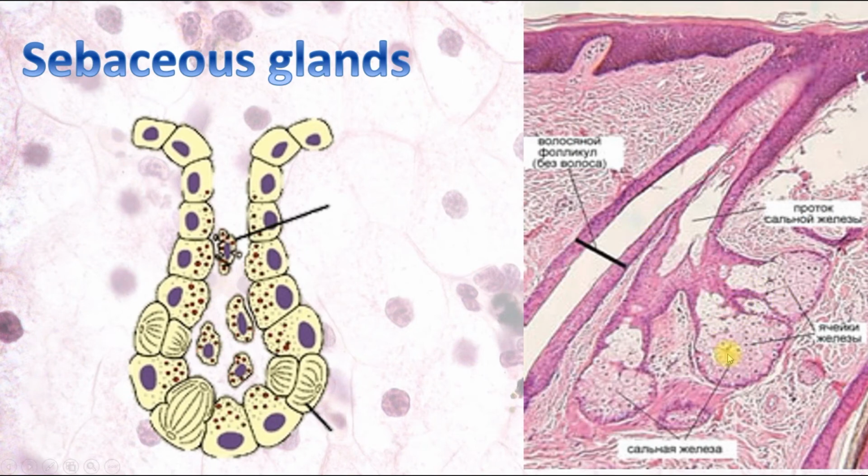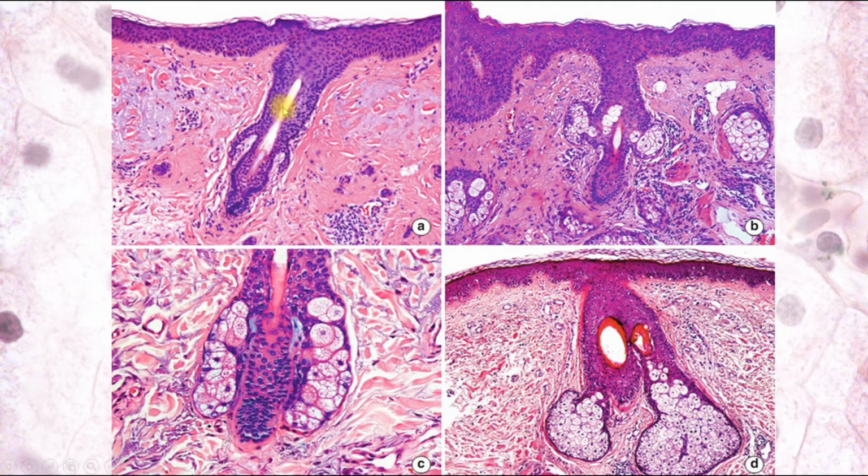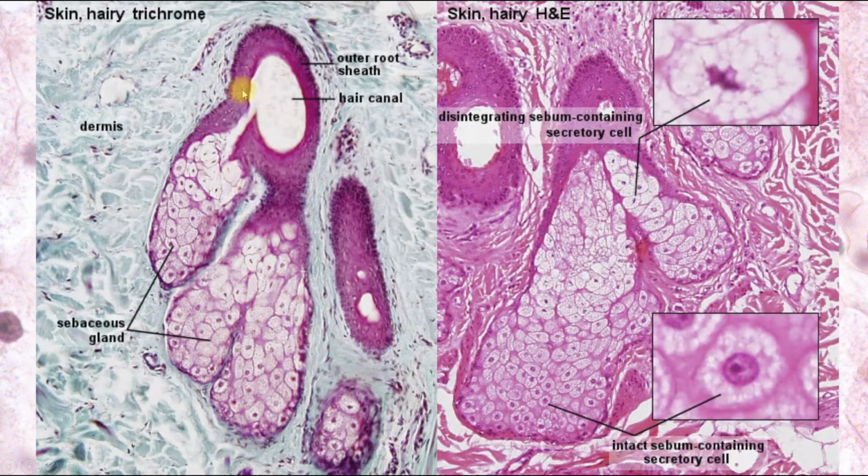And here we can see sebaceous glands, the secretory units and ducts, which open into the hair follicle. Here we can see a hair follicle, and its cross section, and sebaceous glands are opened here. Also here we can see a hair follicle, its hair canal, the hair is removed, and a sebaceous gland opens into the hair follicle. Here is the sebaceous gland with its intact sebum-containing secretory cell and its disintegrating sebum-containing secretory cell, its holocrine type of